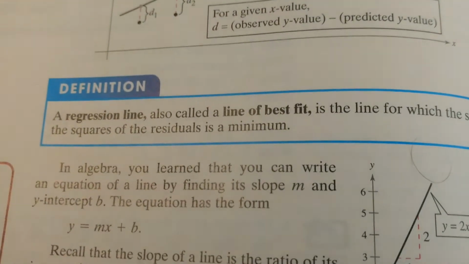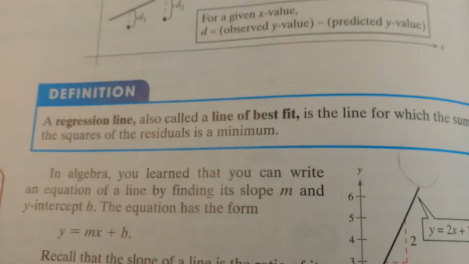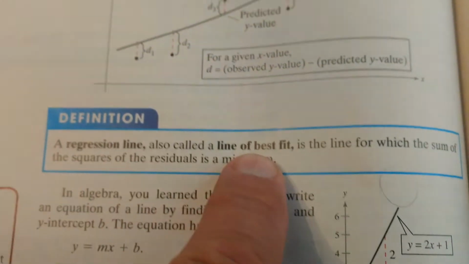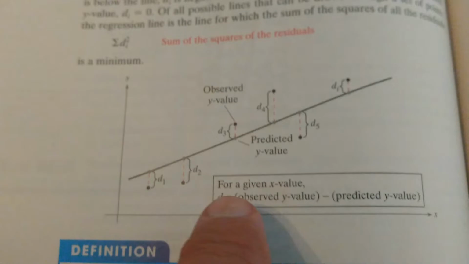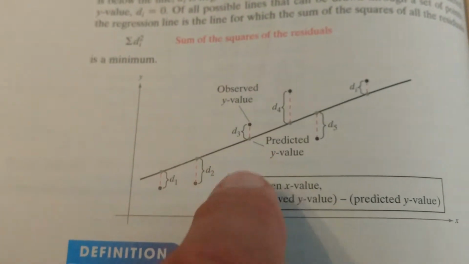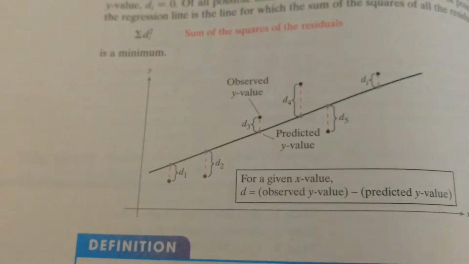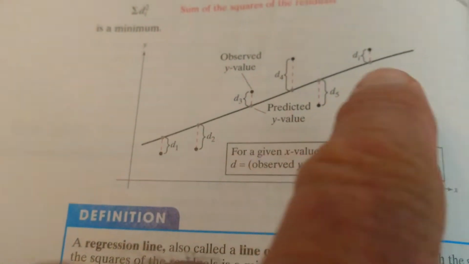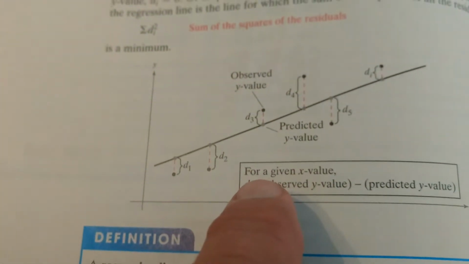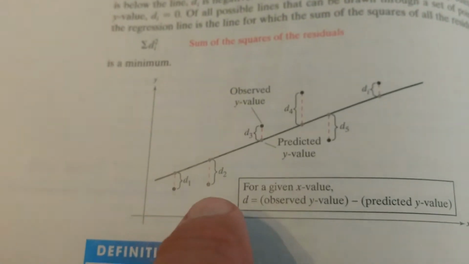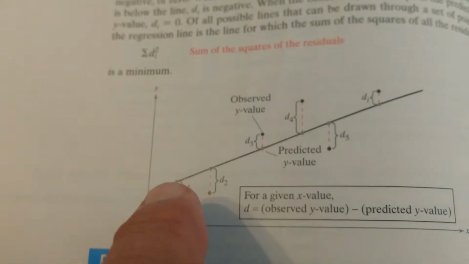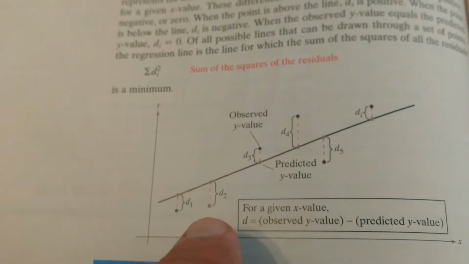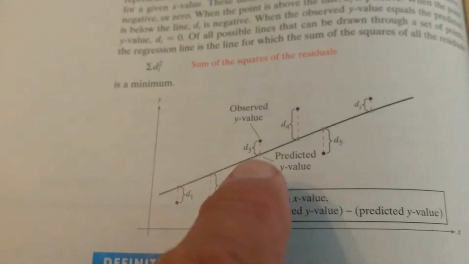Also, make sure you understand that the regression line, which we're going to calculate the equation for, is also called the best fit line. The reason it has to be called the best fit line is because, unlike algebra, the points don't fall into a perfect straight line. The points fall all over the place. So the best fit line is the line that can be drawn that gives the shortest perpendicular distance between